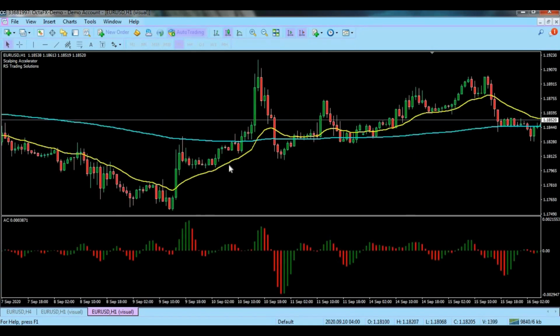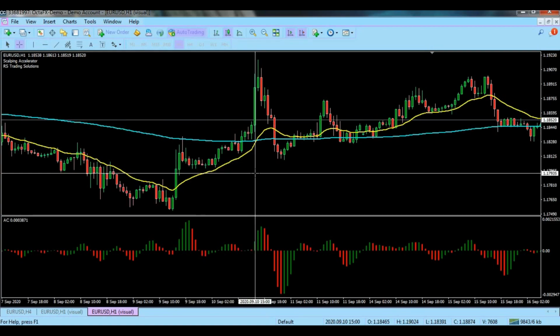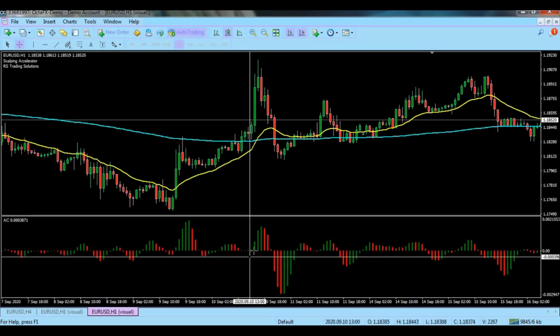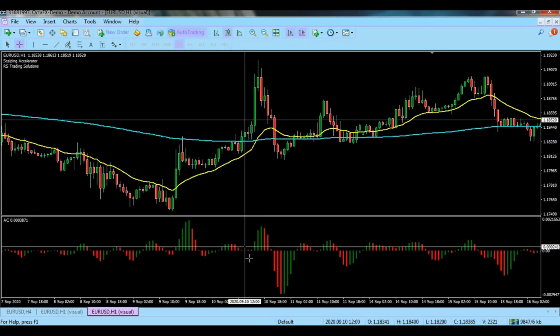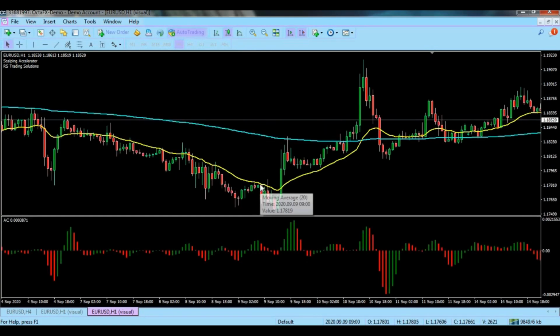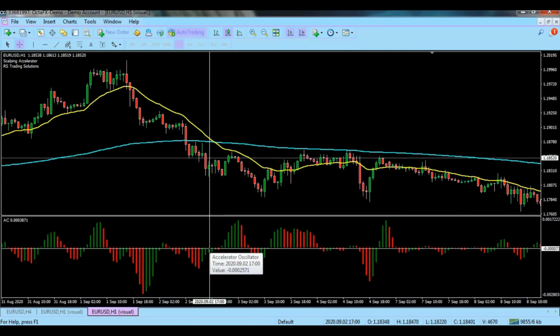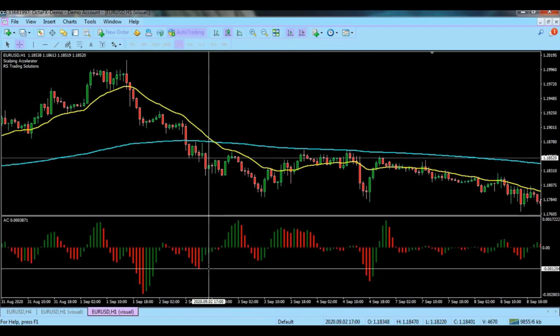You see before this, here it is crossed, the fast crossed the slow, but there are no 3 red bars at the crossing. Here you see, when the fast is crossing the slow from up to down, there are 3 green bars. It needs to be 3 red bars to place the order. I hope you understand well.